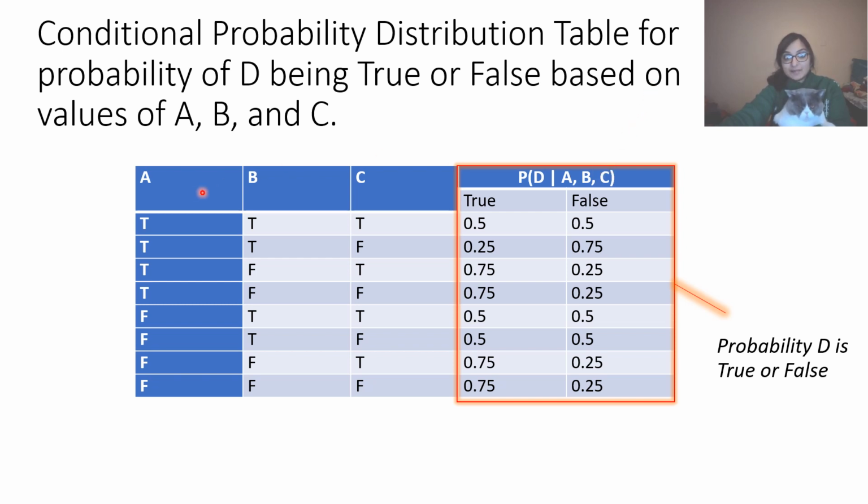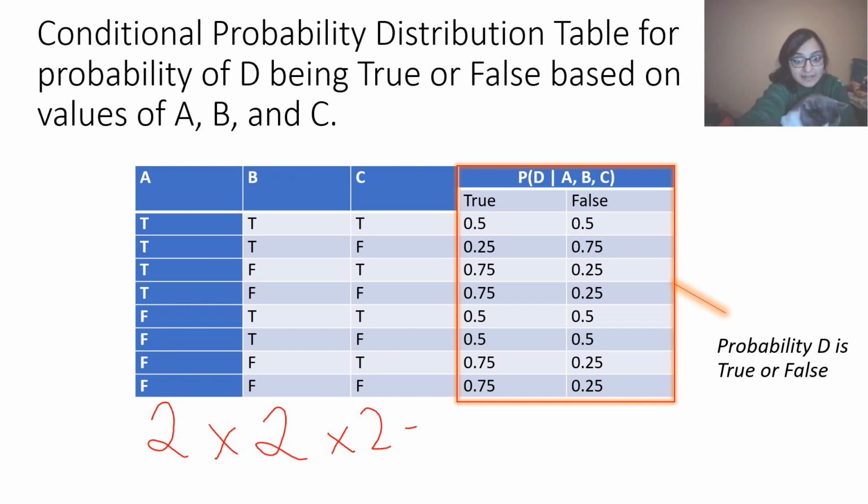We have these three random variables and they're Boolean, so they are true or false. Here are 8 possible values because A can be true or false, B can be true or false, and C can be true or false. So we have 2 times 2 outcomes times 2, so this is 8. For each of these 8, this is the first one here, second, third, fourth, fifth, sixth, seventh, and 8th. So these are the 8 values here, and then we have the probability that D is true or false given